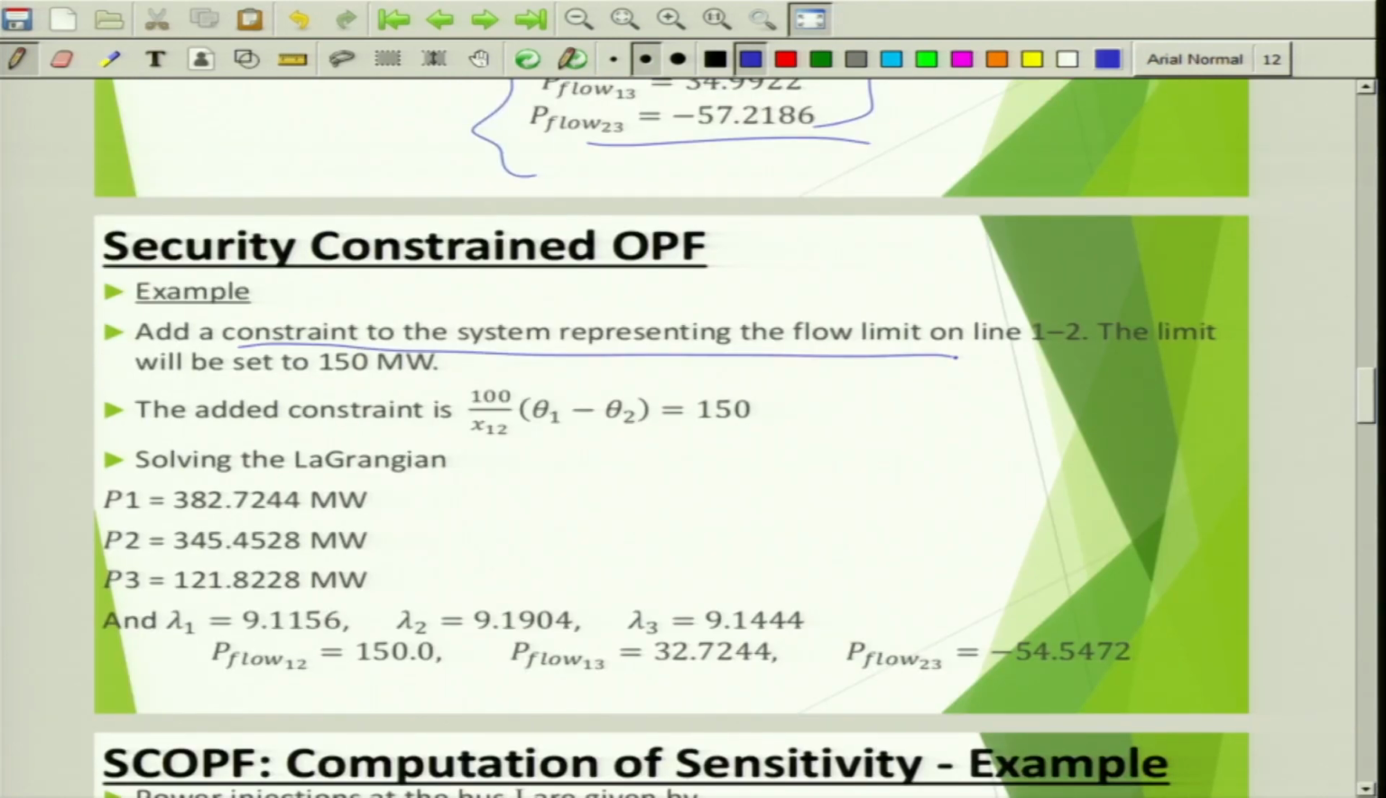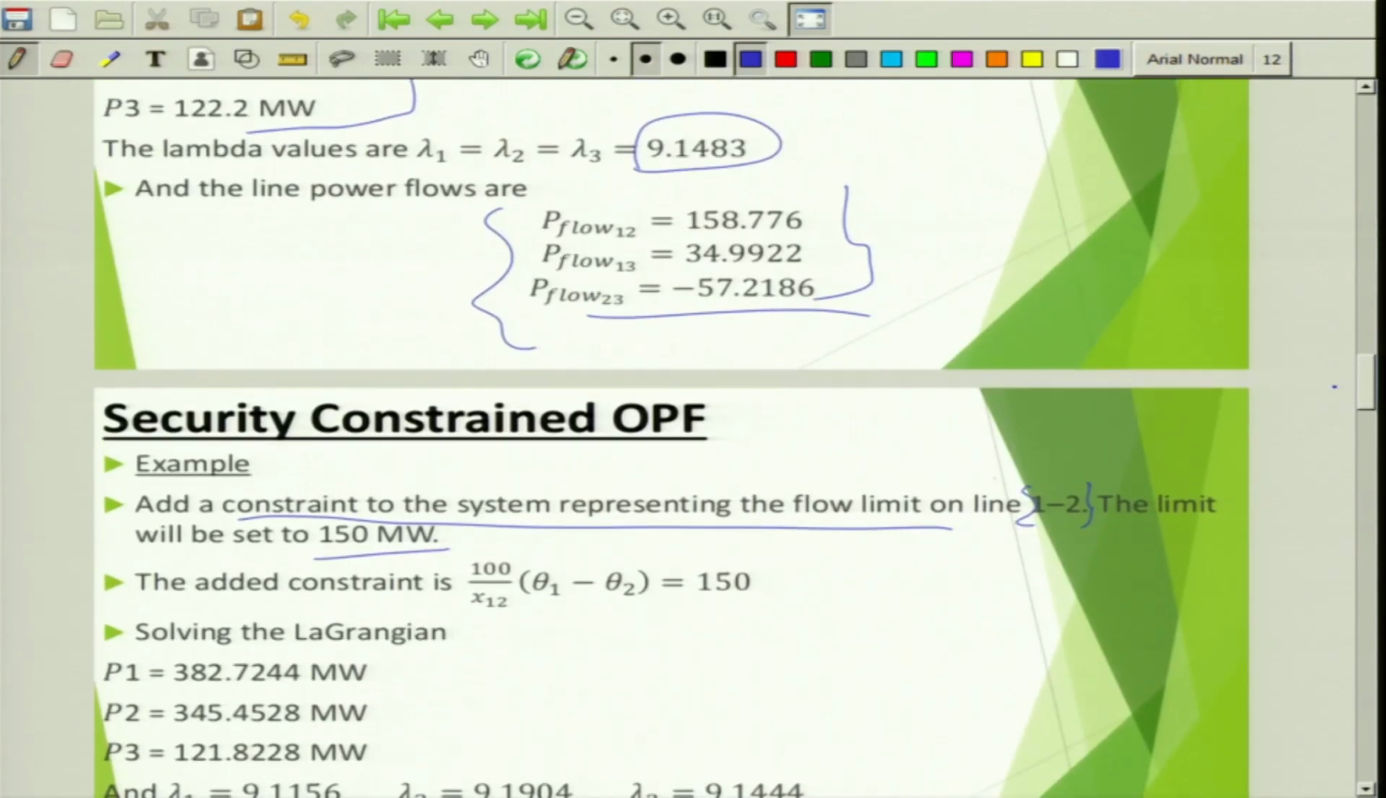Let us consider for the time being the constraint of power flow on the line which is connected between bus number 1 and 2, and the limit will be set to 150 megawatt, right. What is the power flow that was happening through this line earlier? It is 158.776. Now we are putting some constraint, 150 megawatt. Now the added constraint is,